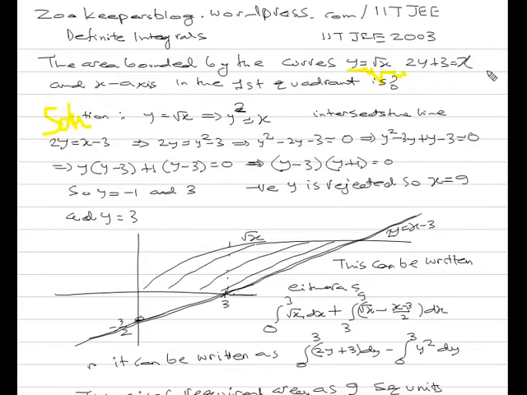And 2y plus 3 is equal to x, so that can be plotted. You can substitute different values of x and calculate y and then plot the straight line. And basically they are asking for the area bounded by these two, this straight line and this curve. So we need to get this intersection point, which means y equal to root x is y square is x.